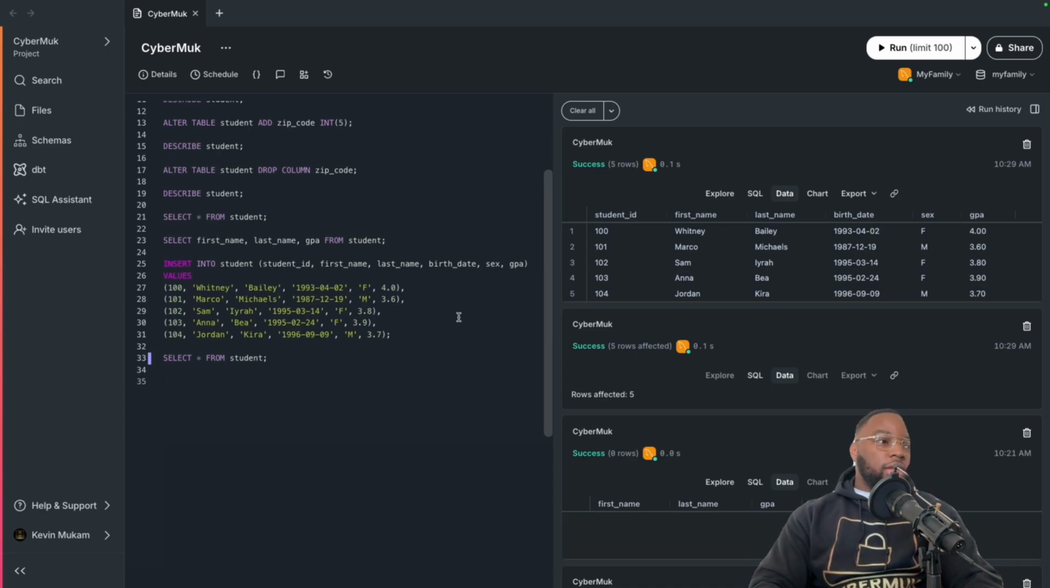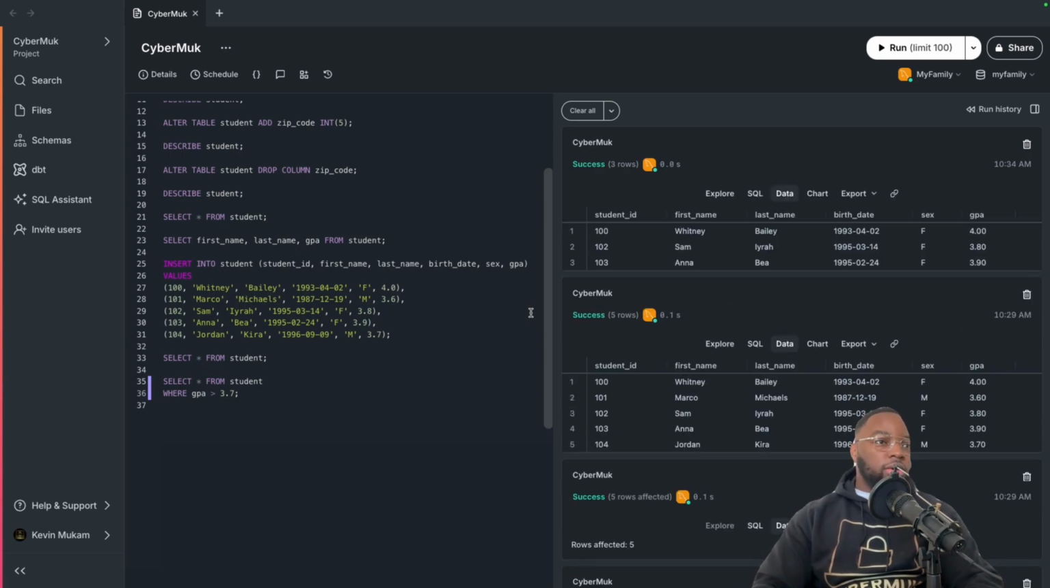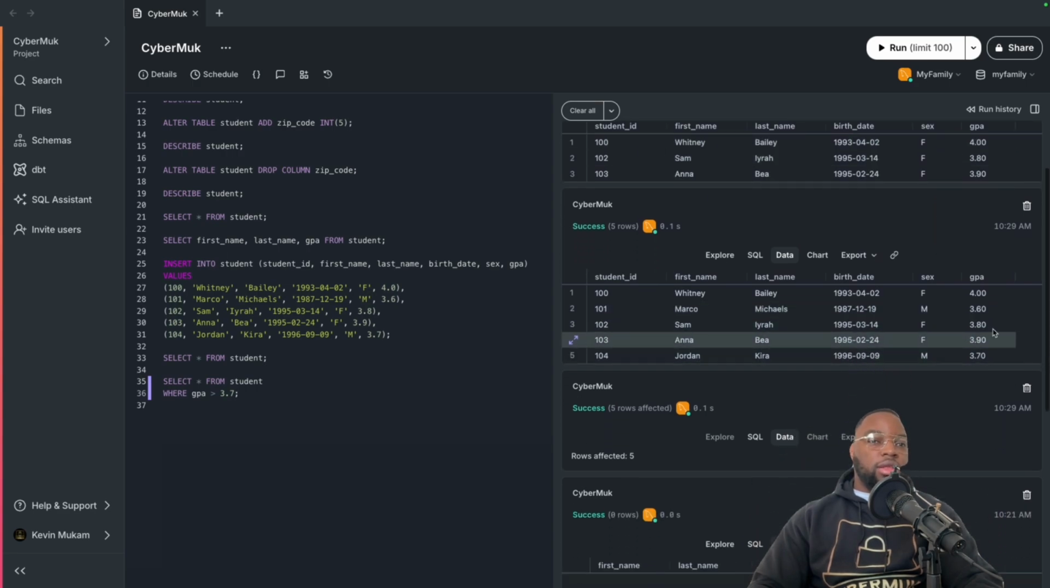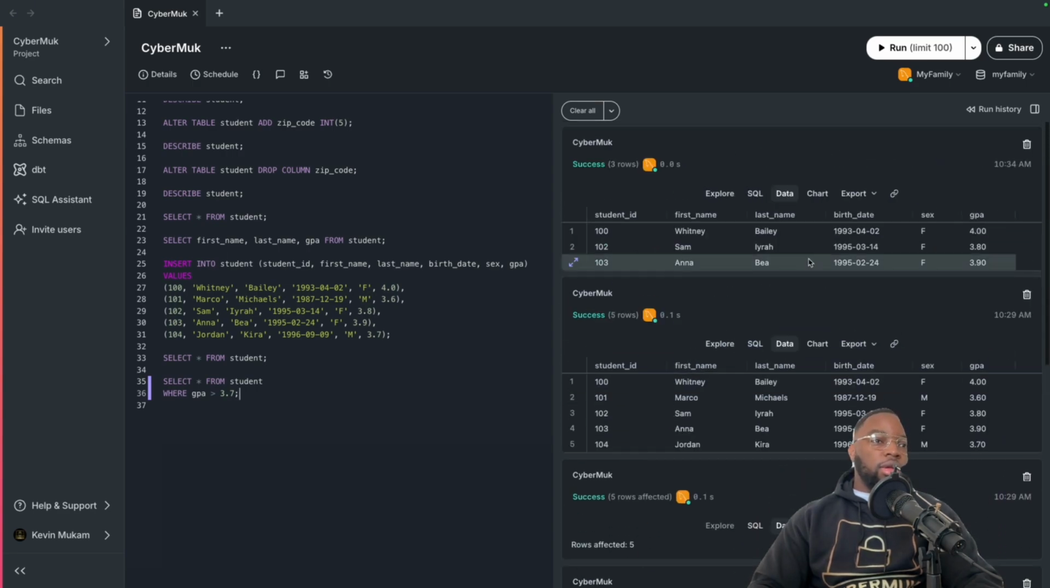When we go and write it in the editor, this is what we have. Select star from student where GPA is greater than 3.7, and you hit your command enter. So it's going to give you what we expected. Initially we had this, if you remember, all the table. Now you say select star, like select all the columns from the student table where the GPA is strictly greater